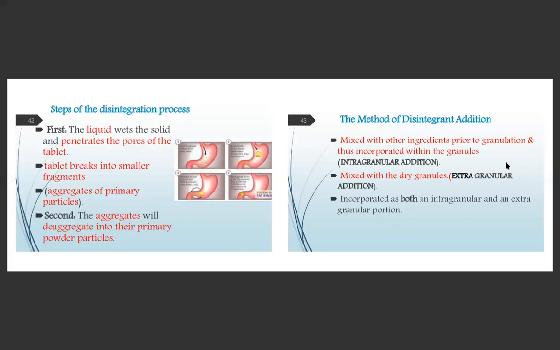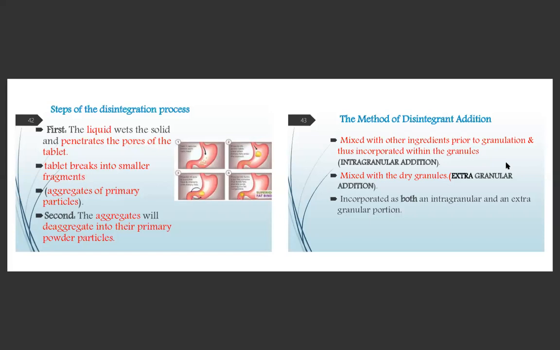Now, the method of disintegrant addition: when can you add the disintegrants? Let us recall what we studied in wet granulation. You added excipients in the blend and blended them in the blender. Then you can also add disintegrants, or just before punching you added lubricants and glidants, if you remember. I told you we always add lubricants or glidants at the end. Then we can also add disintegrants.